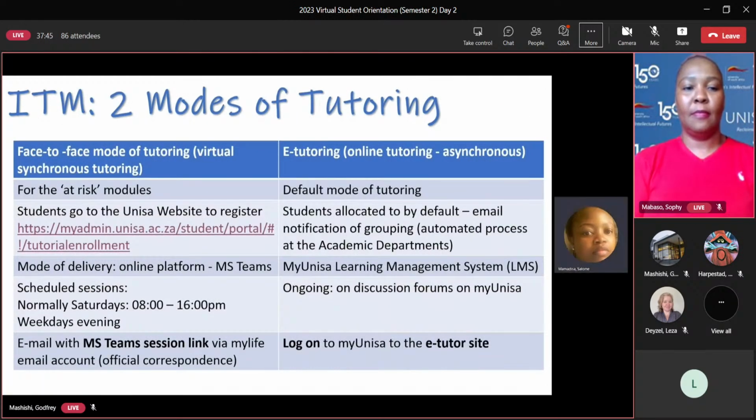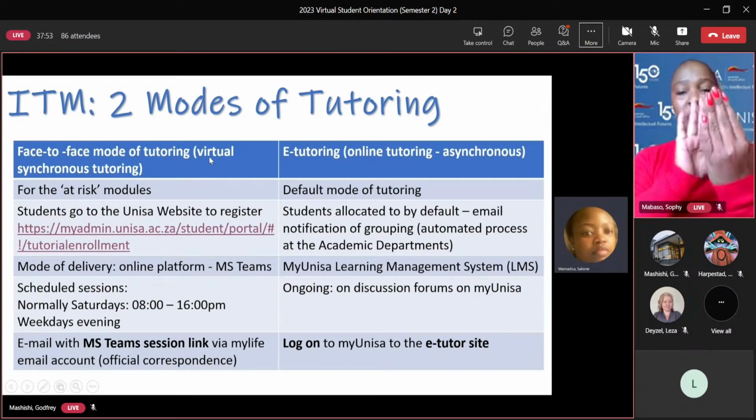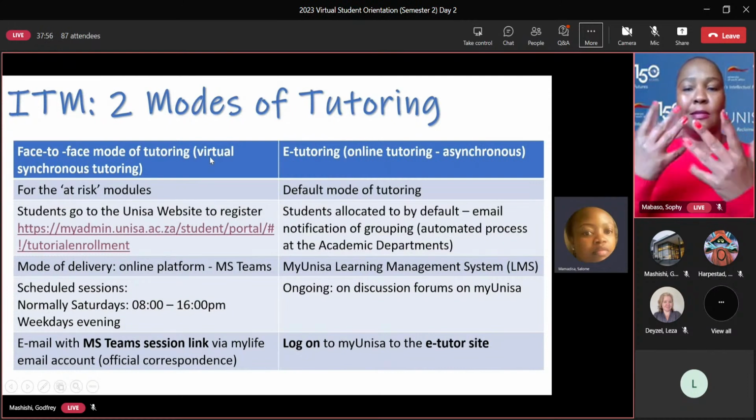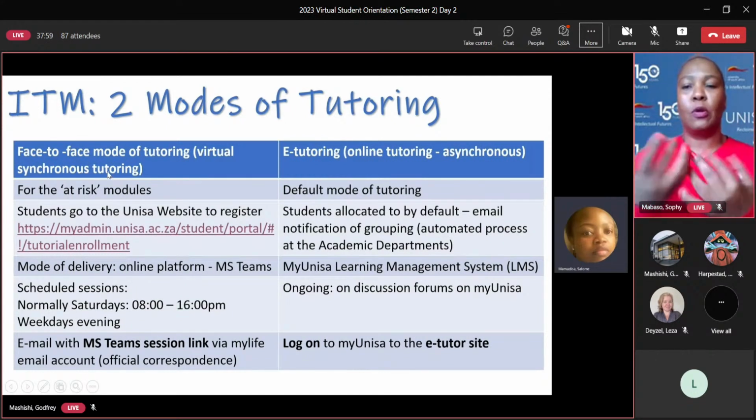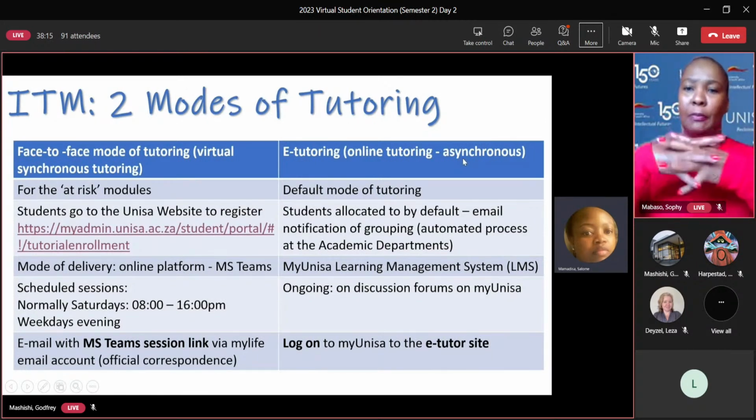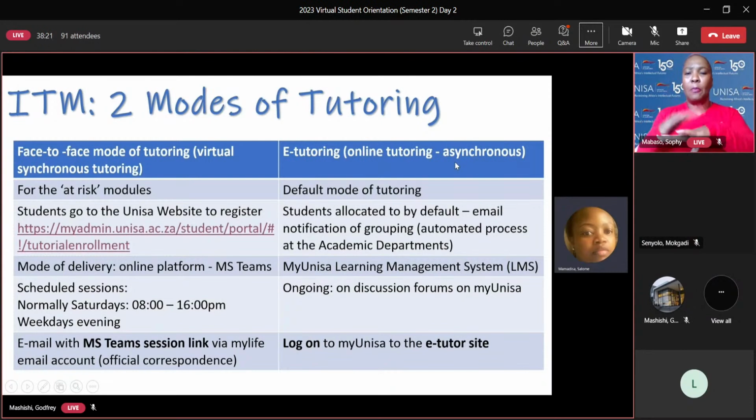And we also have two modes of tutoring. We have what we used to call only face-to-face mode of tutoring, but now we also call it virtual tutoring, virtual synchronous tutoring, because this happens while you're there, unlike e-tutoring. And remember, both of these take place online, but with e-tutoring, it happens asynchronously. You don't necessarily have to be there. Discussions do take place, a lot does take place, and then you can log on at any time and carry on with whatever is taking place